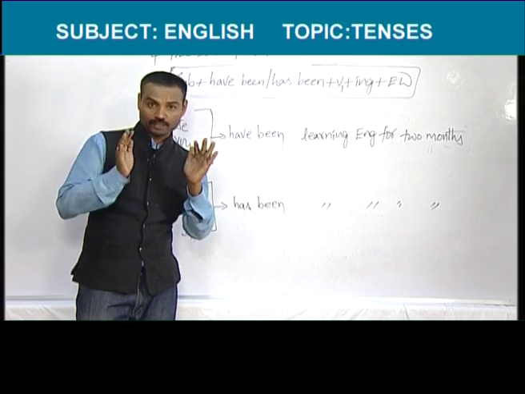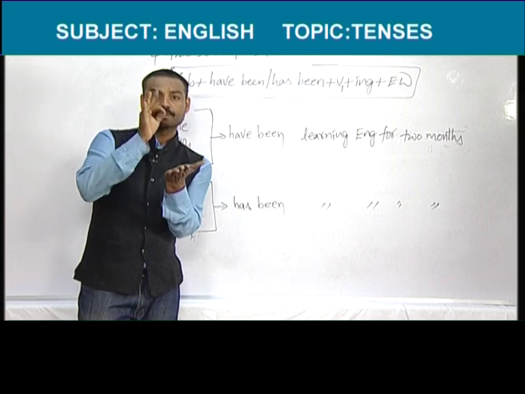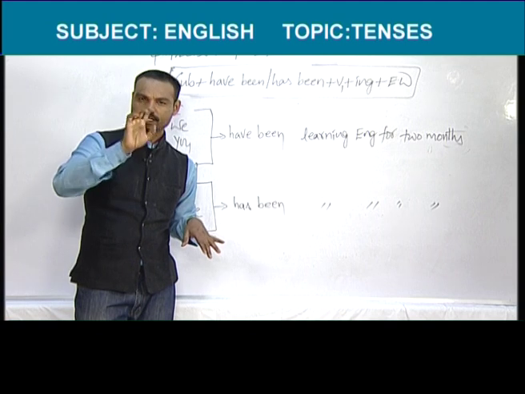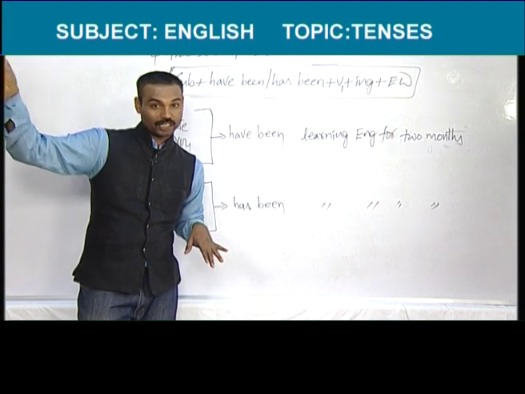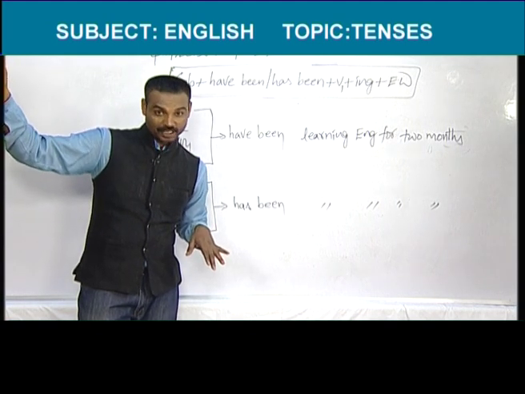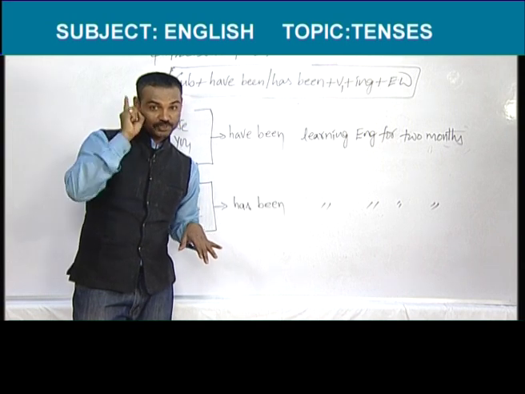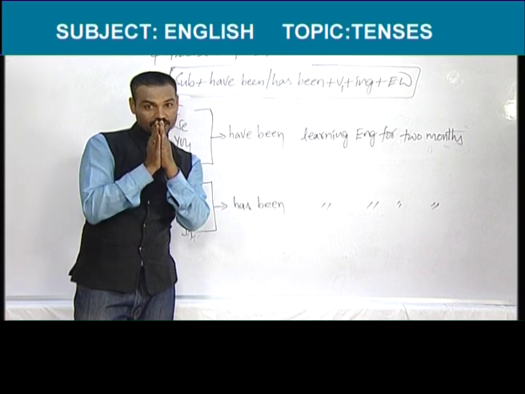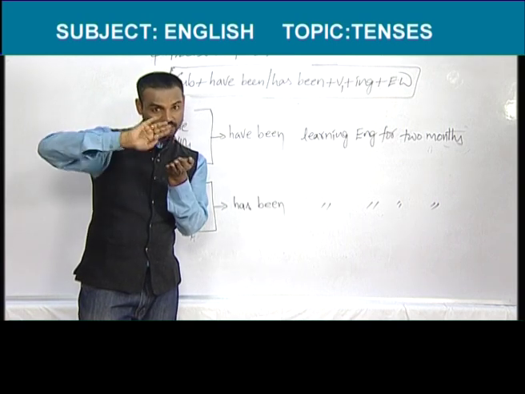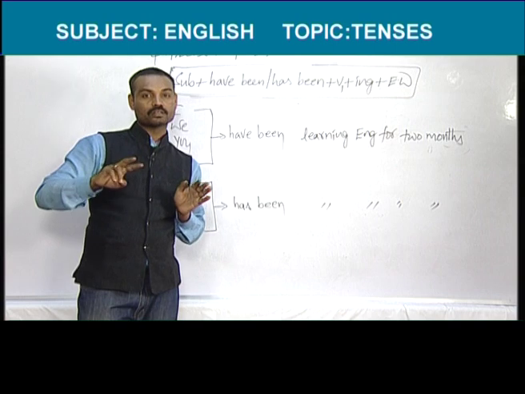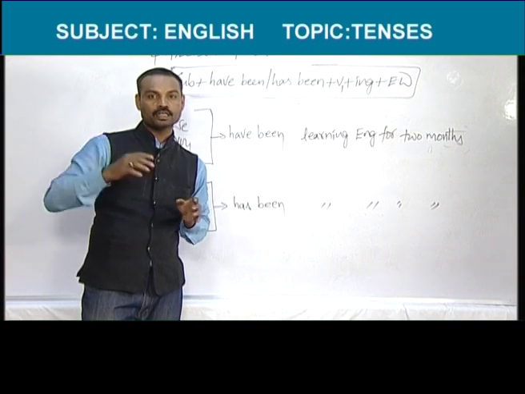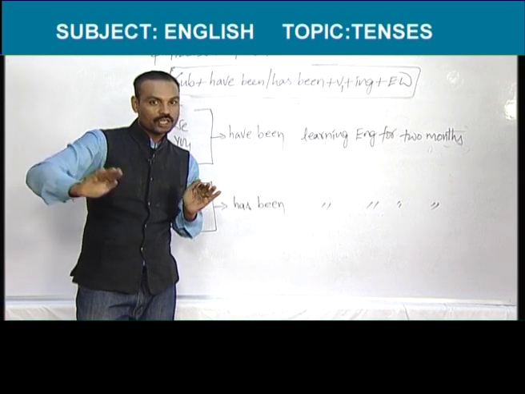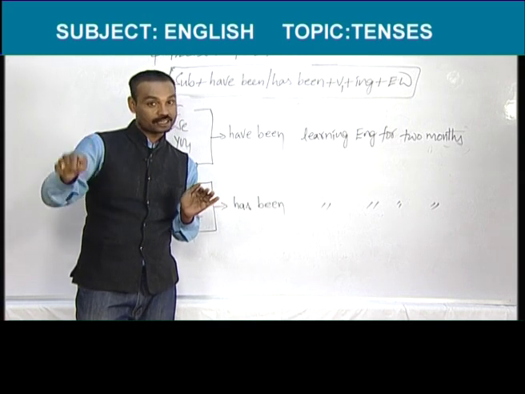One Sunday evening at 4 o'clock at LB Stadium, you started playing tennis with Sachin. Imagine that. You decided to play tennis till 6 o'clock. So, for about 2 hours you are going to play tennis. You started playing tennis at 4 o'clock and you are going to end at 6 o'clock.